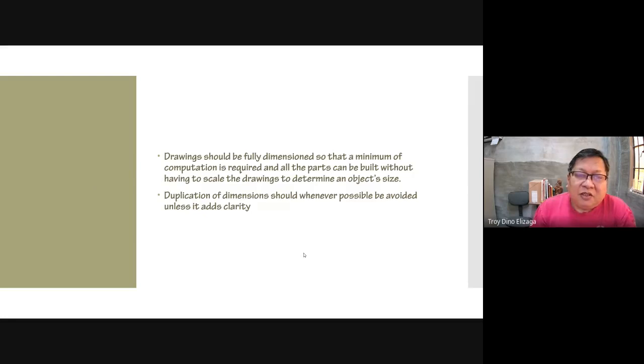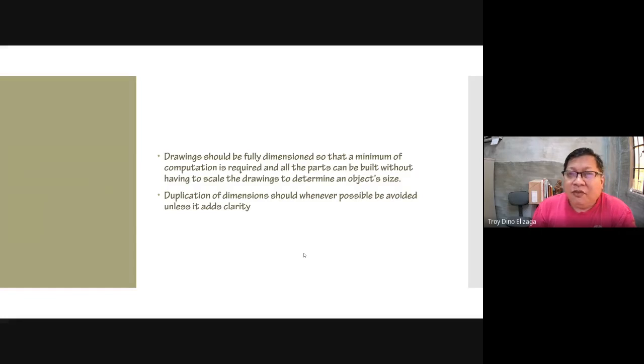So it's important that a drawing should be fully dimensioned so that a minimum of computation is required and all the parts can be built without having to scale the drawings to determine an object size. Especially nowadays when we can easily reproduce drawings by printing from computer, then sending by PDF.